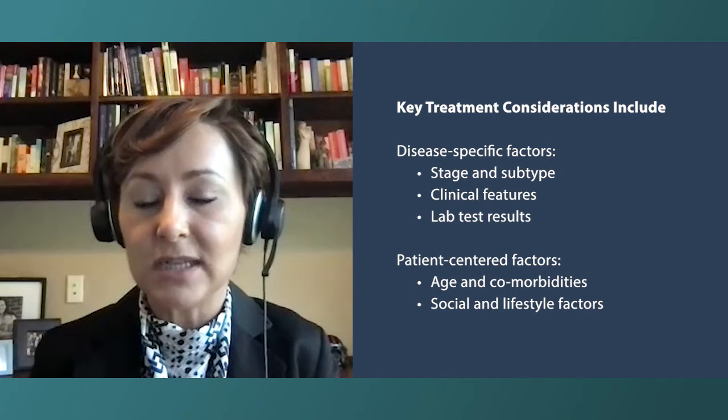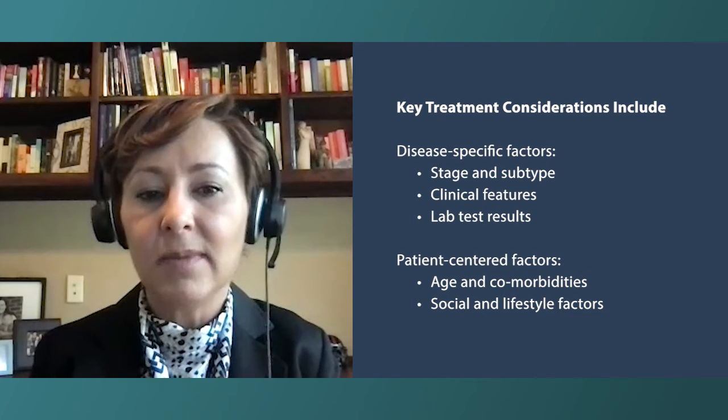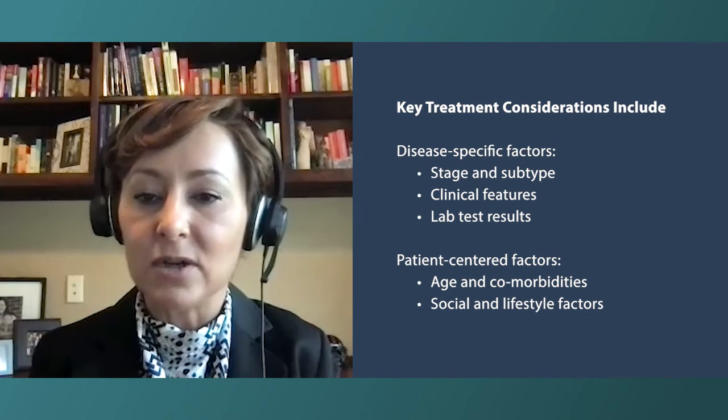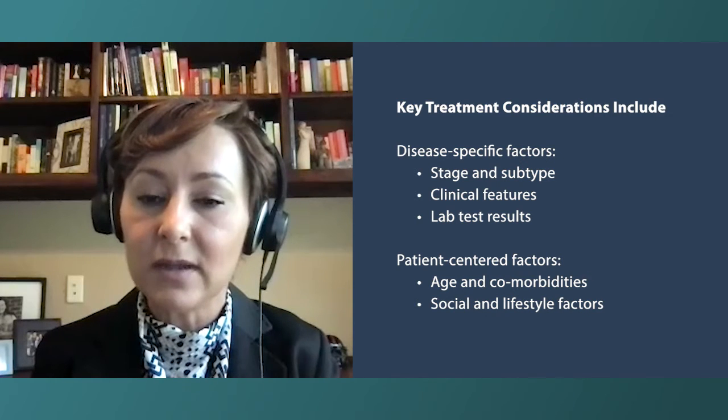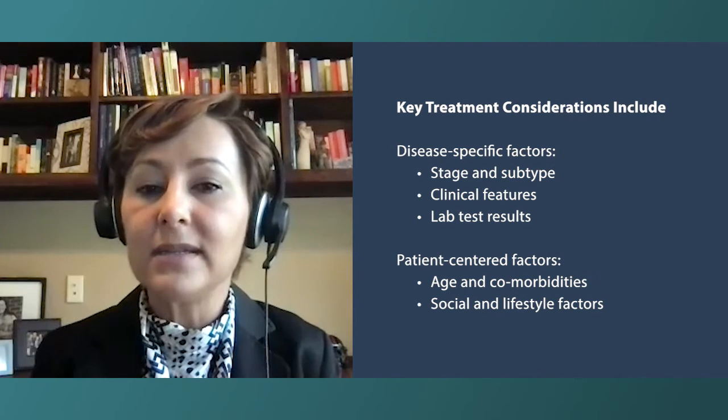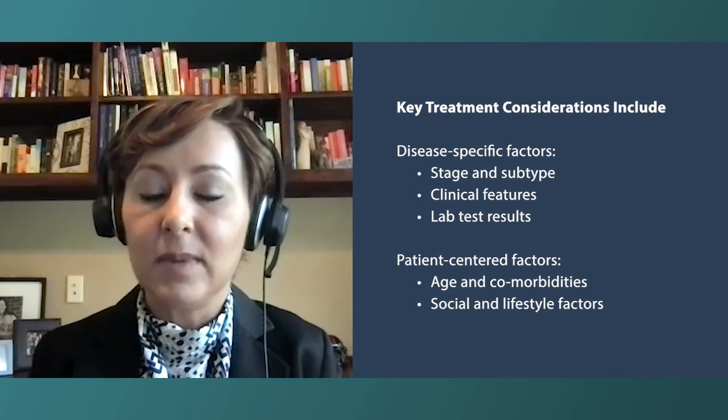If I have someone with poor risk features, that may not change exactly what I do for that patient, but that may help them and me in terms of whether I should be pursuing a trial to potentially have access to something that's better than the standard option, or how this impacts their planning. Some people are close to retirement. Some people have specific life goals, such as a wedding or an anniversary, so sometimes we use those sorts of calculators to best predict the future to inform some of that treatment.